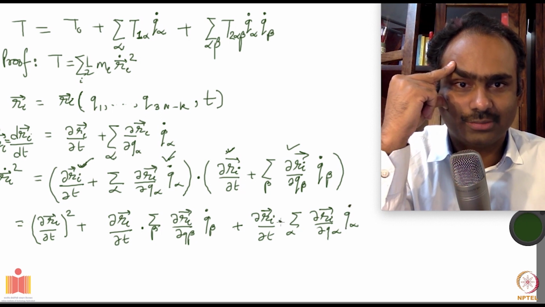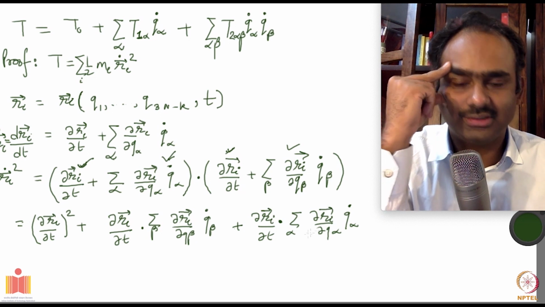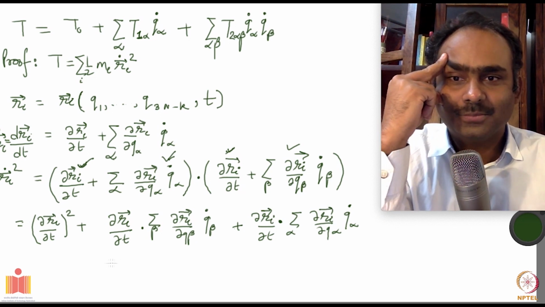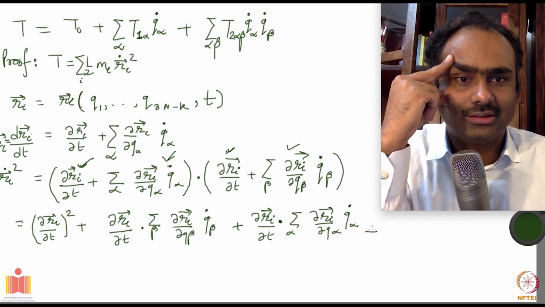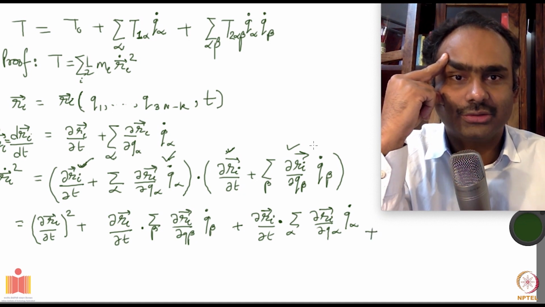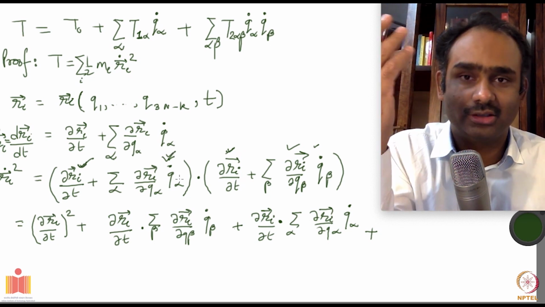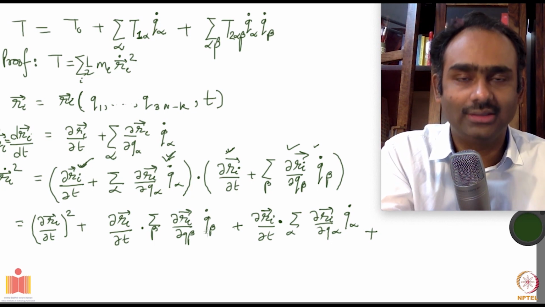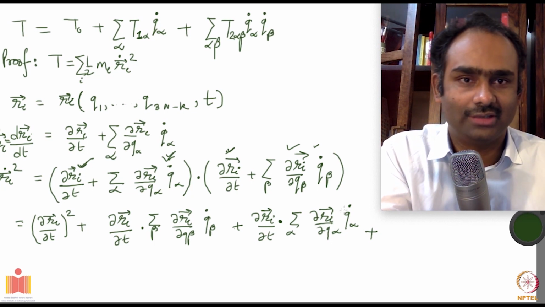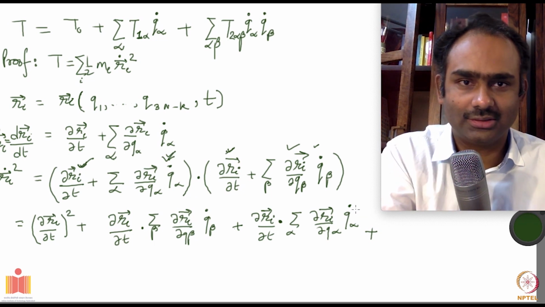Okay, this dot product is because of the two vectors here. That's good. And then you have one more term, plus the product of these two. These two will give you a term which is quadratic in the velocities. These ones are generating terms which are linear in velocity. There is only one velocity involved here.